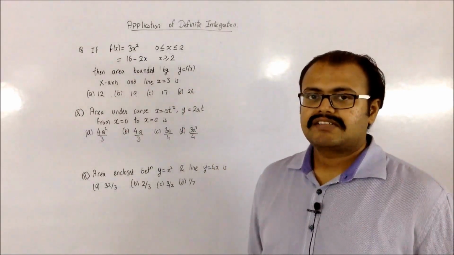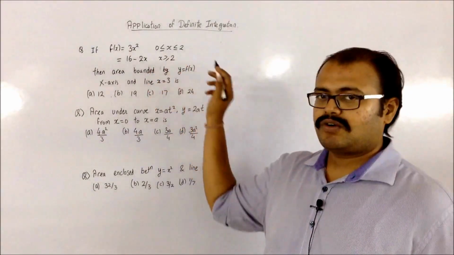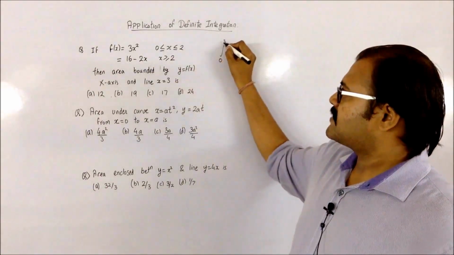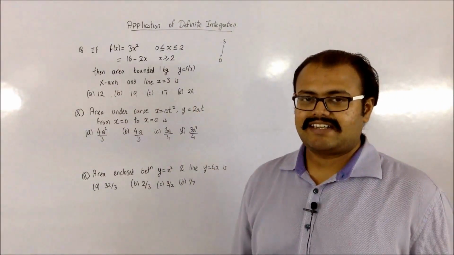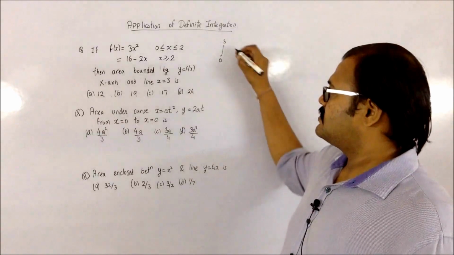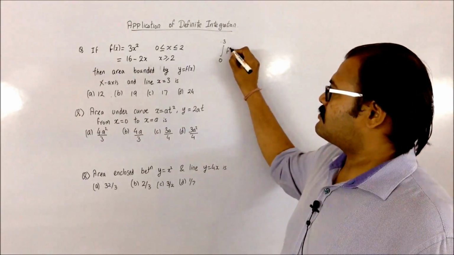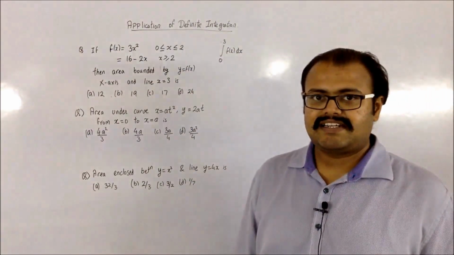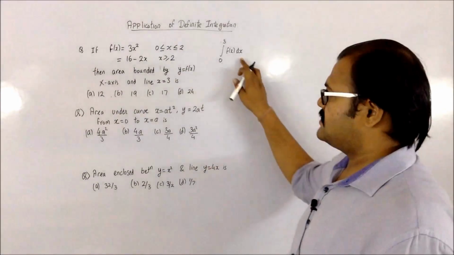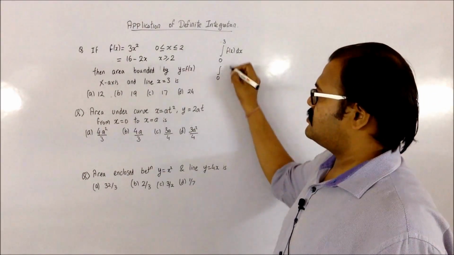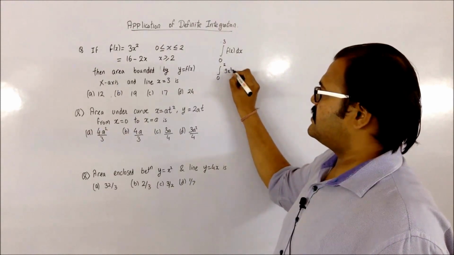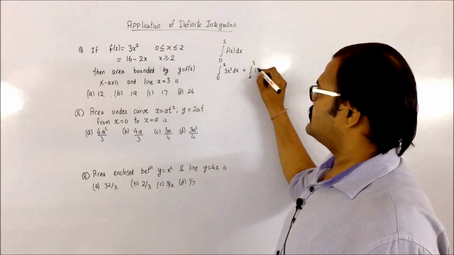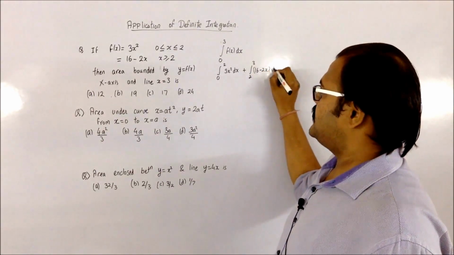this line. So now since my function is defined from 0 onwards, my limits is going to start from 0 to this 3. Now since they have given me x equals 3, that means it is ordinates which is given to me. So I have to consider the equation of f of x. So now since my function is split up into two different functions, I have to split the integration also. So it's going to be 0 to 2 for 3x² dx plus it's going to be 2 to 3 for 16 minus 2x dx.